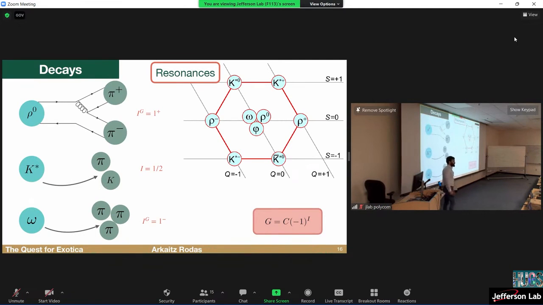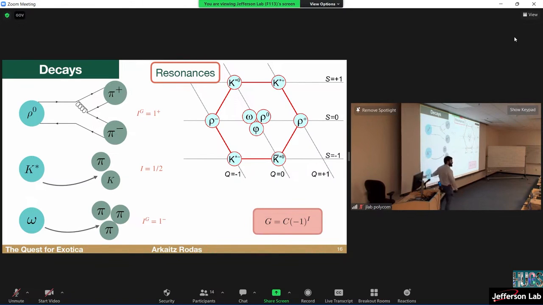So let's go into the case. I introduce you to the rho 0 decay to pi plus pi minus. Now, as I said, this other particle has an isospin 1/2, so it doesn't have a well-defined G parity in this case. But because it has isospin 1/2, we can see what it decays to. It couldn't decay to a certain number of pions because they have integer isospin, so this would be 0, 1, 2. It has to decay to something with isospin 1/2 because it has strangeness. It's going to decay mostly to pi K, right?